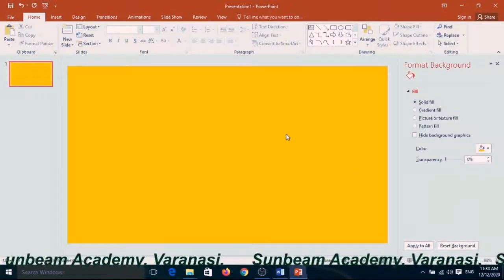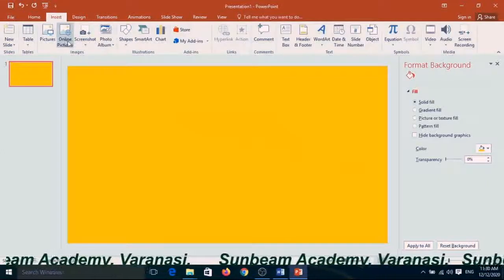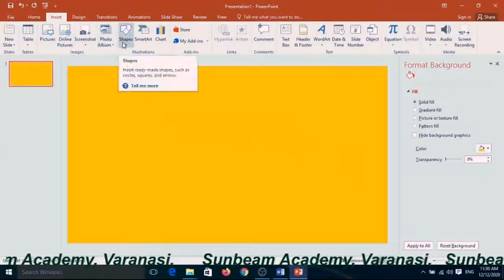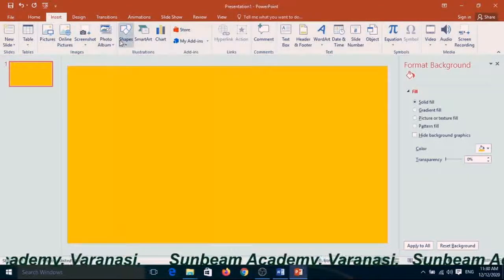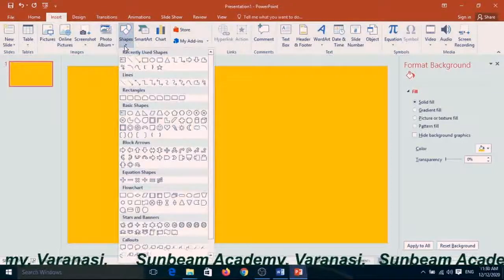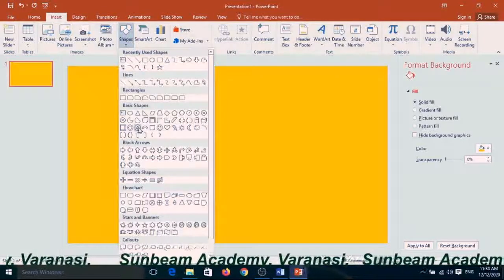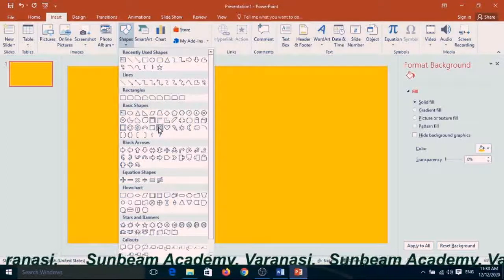Yes. Now click on insert and choose the shapes. Illustration group is here, and click on the shape option and choose from here, for the sun a smiley face.